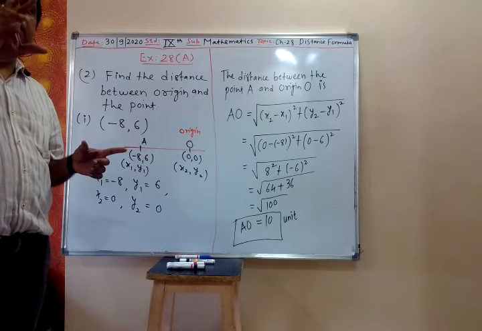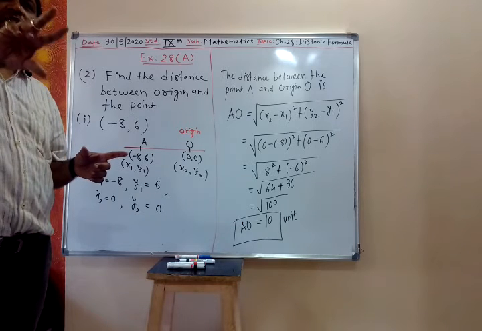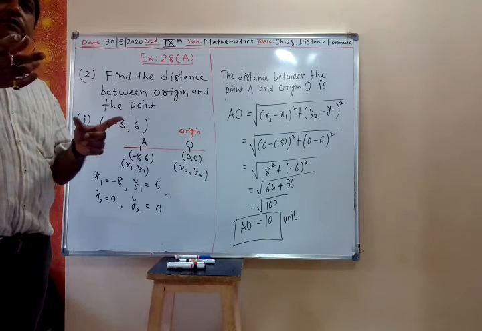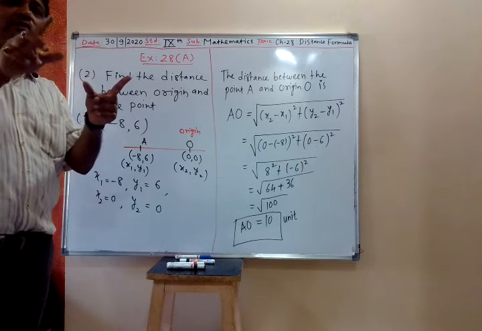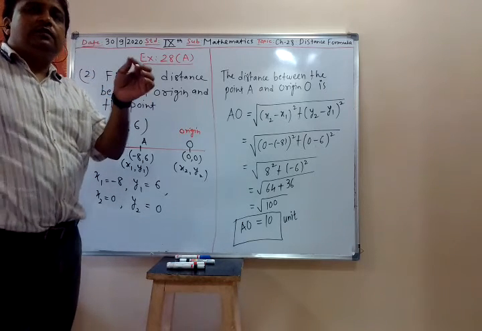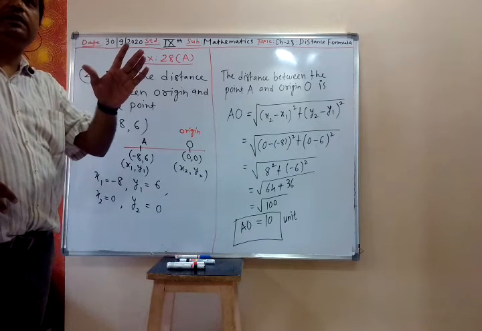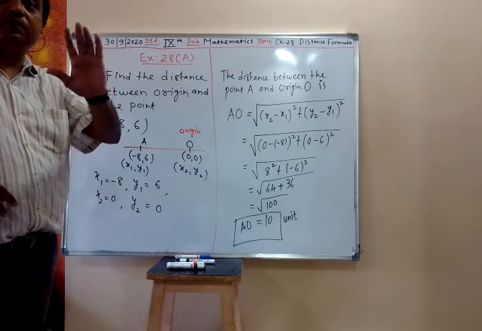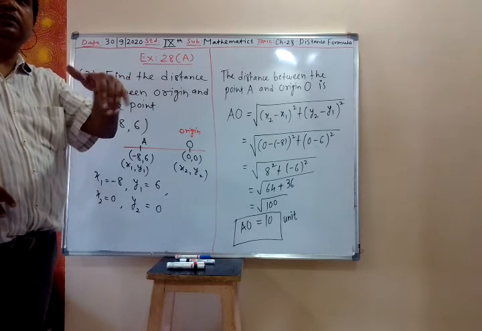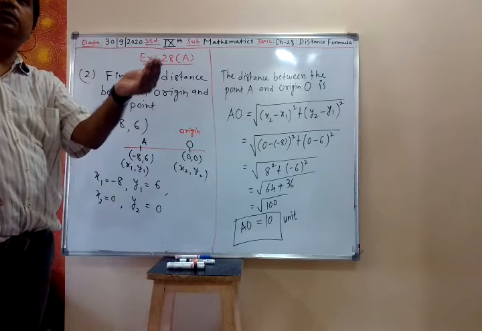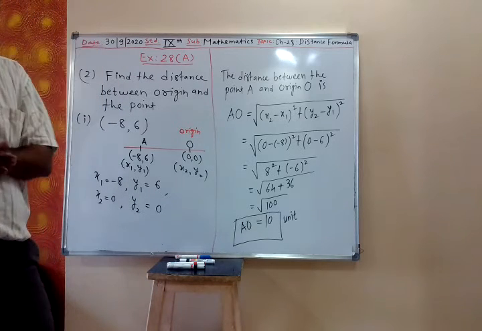Basically you have to take the difference of x coordinate and the difference of y coordinate. When you take x1 minus y1 square, then it will be wrong, because you are mixing x coordinate and y coordinate, which is wrong. You can take x1 minus x2 square and y2 minus y1 square. Both will work.